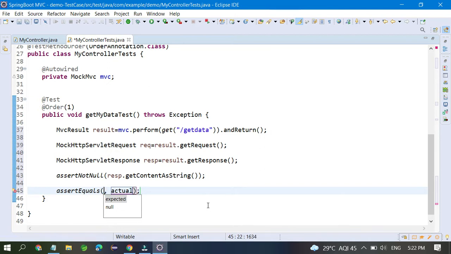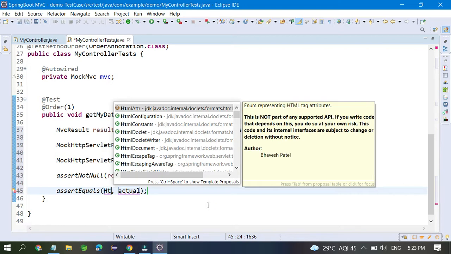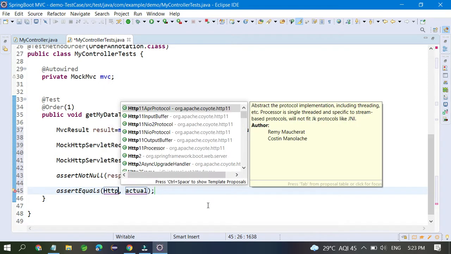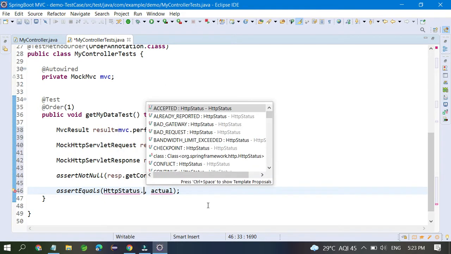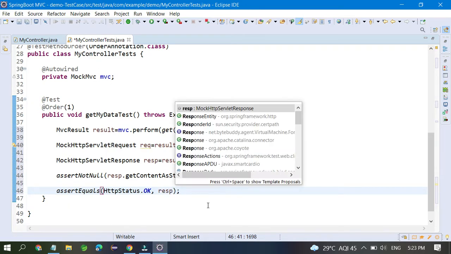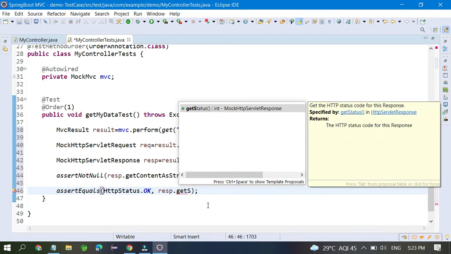So this is called HTTP status dot OK, and just compare here whatever response you got. So response dot get status. Okay, and you are able to check.